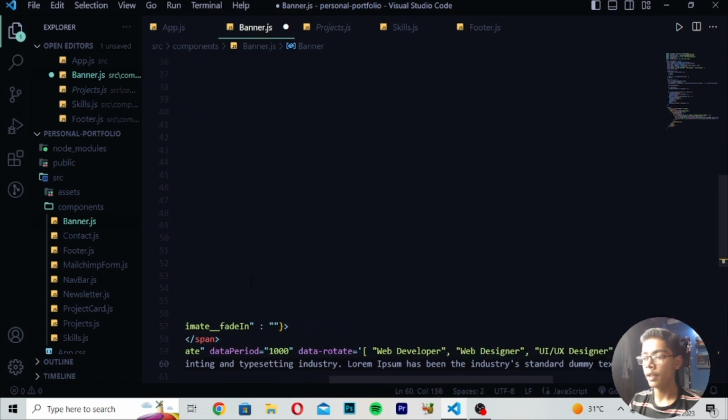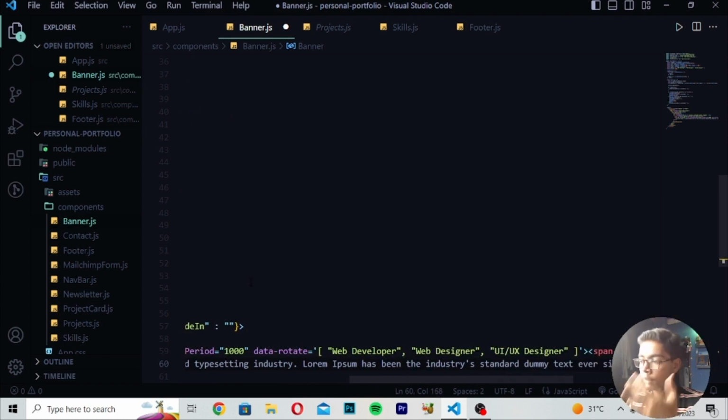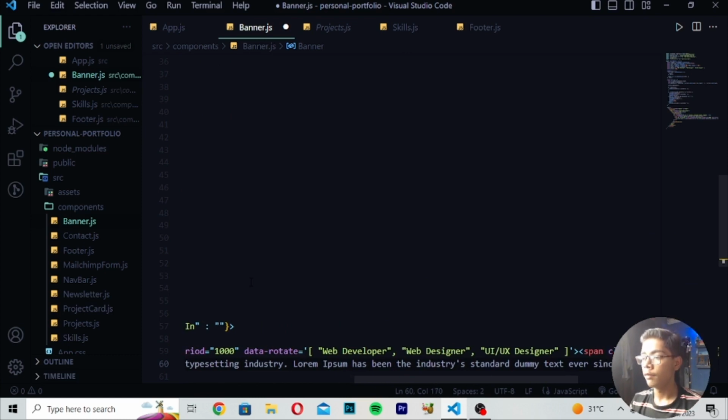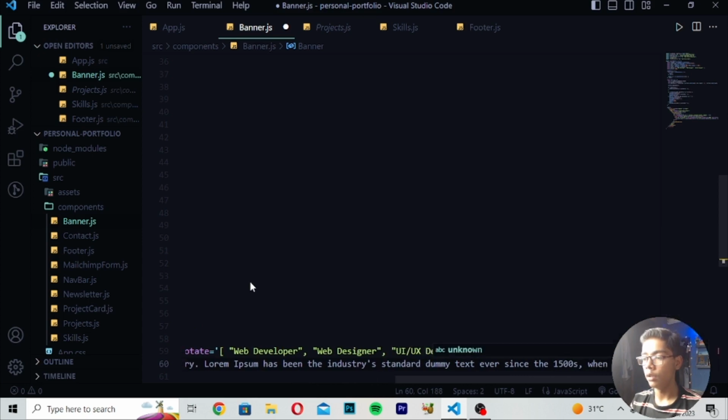Then I will be writing ever since the, then I will be now just writing here since the 1500s. Then I will be now writing when and unknown. Then I will be writing printer. Then I will be writing took a gallery of type and scrambled. Then I will be writing it to make like this. Now when you've written this thing, just here you have to write